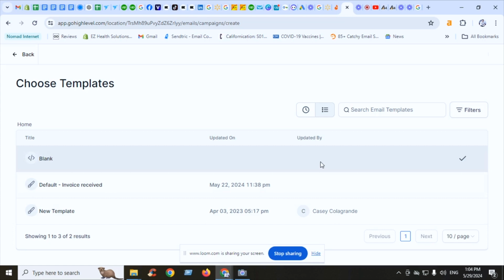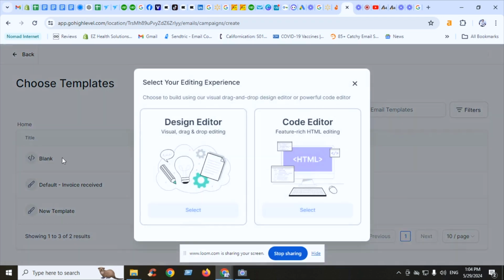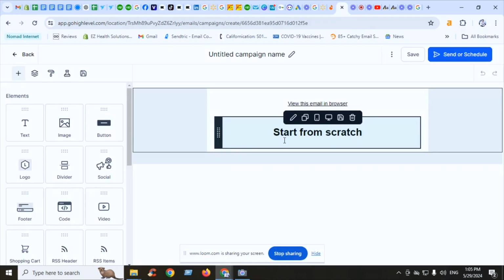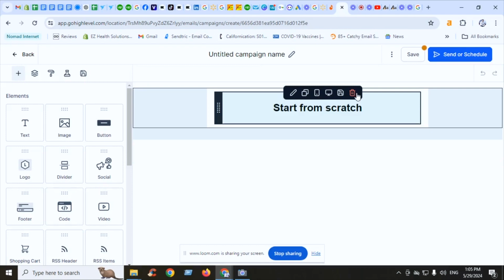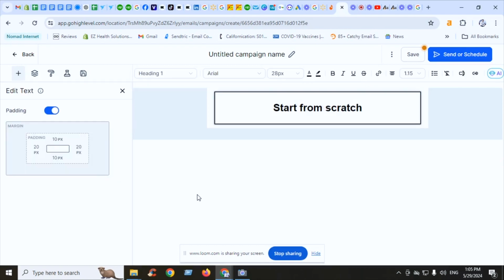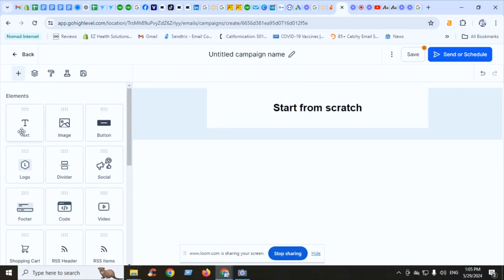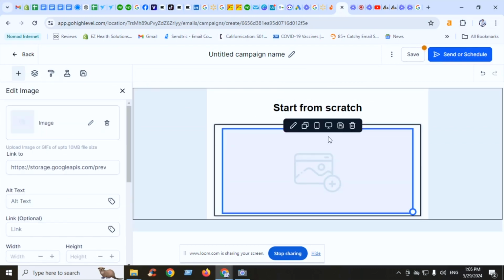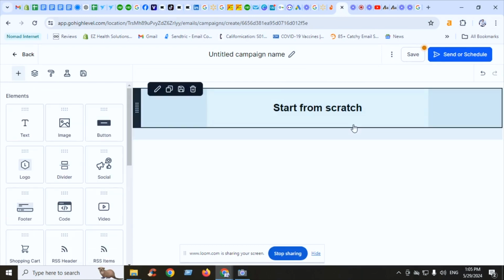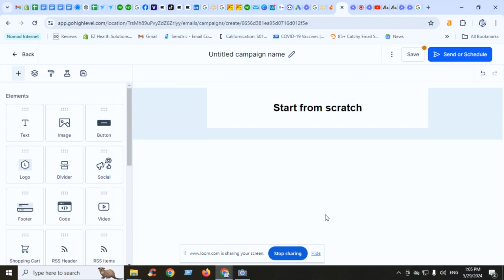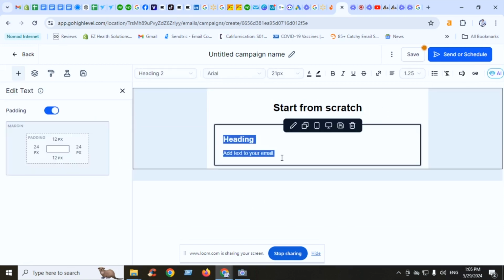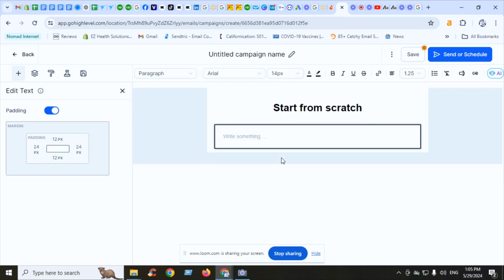To design your email, it's a drag and drop editor. It's very easy. Let's just start the design editor from scratch. You can create that if you want. So you're starting from scratch. You can add different blocks. Let's say you can also add an image. I won't recommend adding an image because most of the time emails with images don't get shared that much, and people don't open them, and sometimes it's a bit off-putting. So I would recommend adding simple text emails. That works best, like short